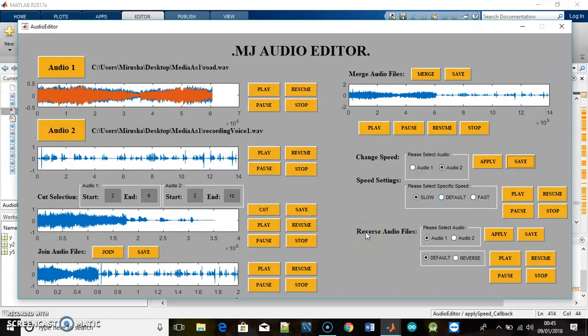Another extra feature I've implemented is reverse audio files. What this does is, I've got a default and a reverse. In order to do this, I used a flip up statement feature. I was able to use that function to reverse the audios. So if I click audio 1, for example, default, it should play the same way as it plays in audio 1. As you can see, these 4 buttons work, and if I do that for the reverse,